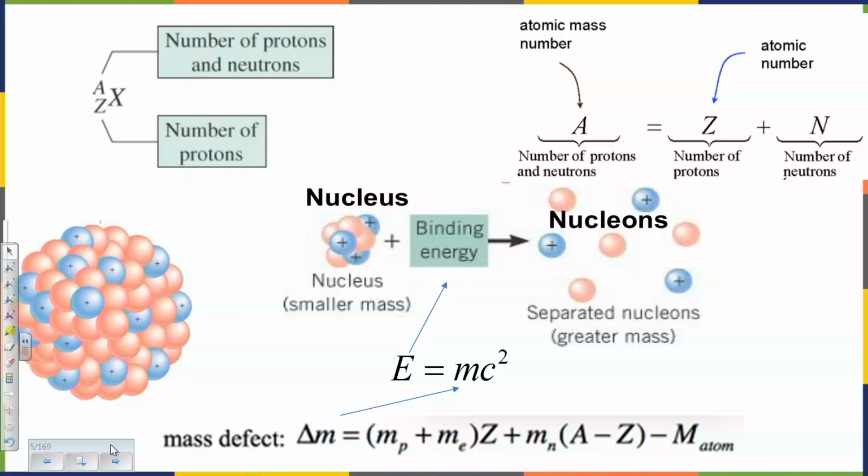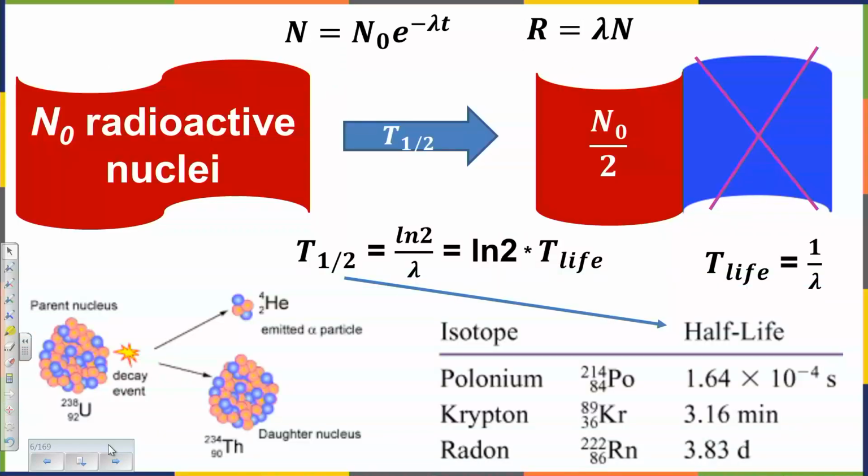But what you may not know is, if we measure the mass of a nucleus and then we measure the mass of the individual protons and neutrons it's made of, we will see the difference, and that difference is directly related to the amount of energy used to keep them together in a nucleus. We will talk about that. And finally, we will have to talk about nuclear reactions, actually, including